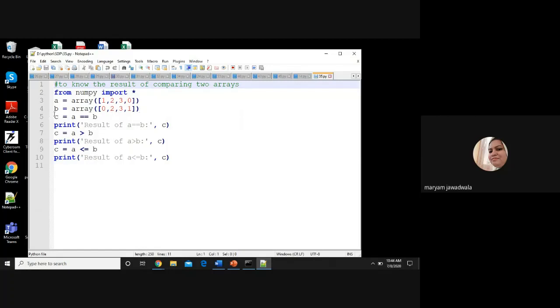Now I am creating one more array C using a comparing operator: C equals A equals equals B. The system will compare the two arrays A and B and generate the resulting array C. The elements of array C are Boolean values, either true or false. It compares the corresponding elements, 1 and 0, and checks whether they are equal or not. If not, it returns false; if yes, it returns true. See, the second elements are 2 and 2. Both are equal, so the second element of array C will be true.